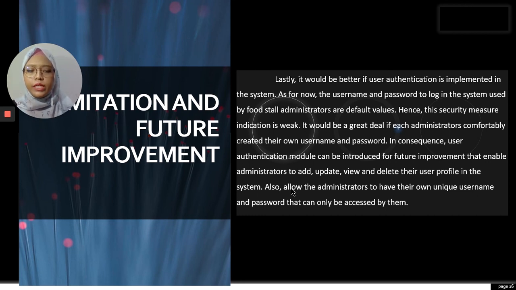It would be a great deal if each administrator could create their own username and password. Consequently, a user authentication module can be introduced for future improvement that enables administrators to add, update, view, and delete their own user profile in the system, and also allows administrators to have their own unique username and password that can only be accessed by them.